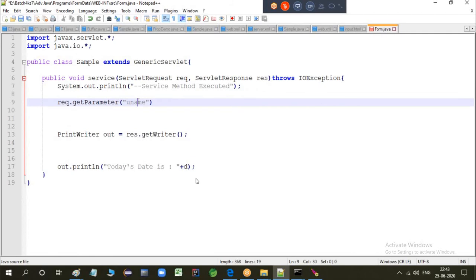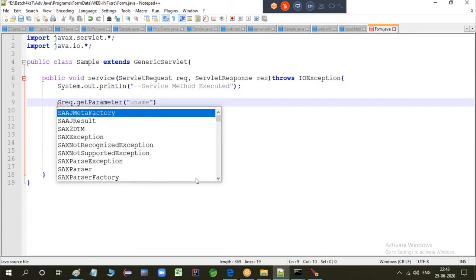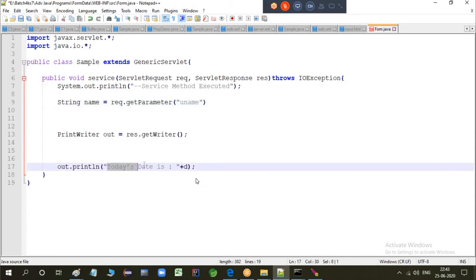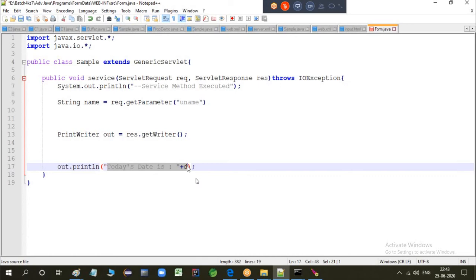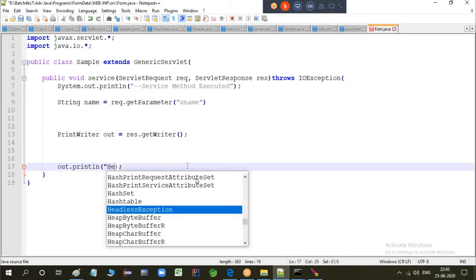So I will map that to this servlet class. It will read the uname and store it inside a string object. String name is equal to request.getParameter. Now I get a PrintWriter object.